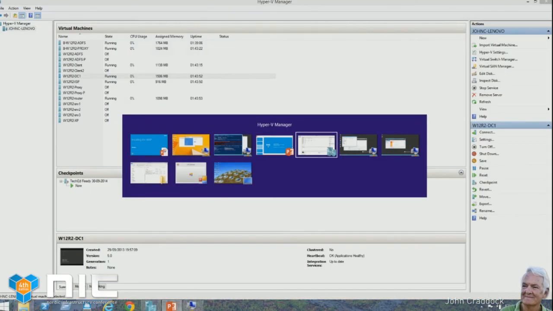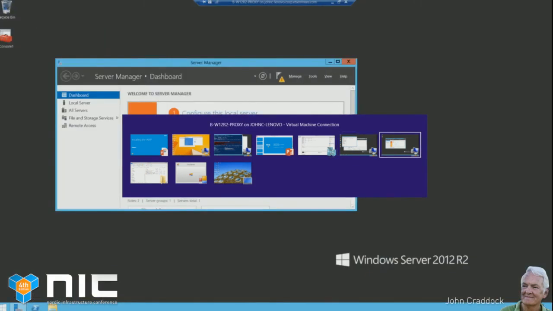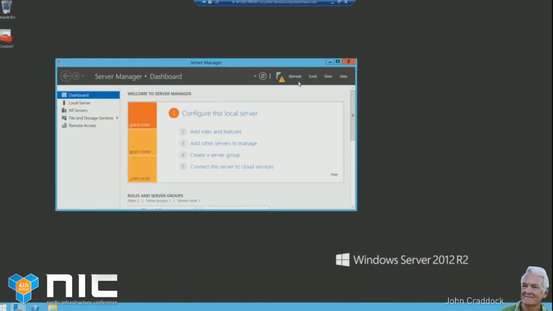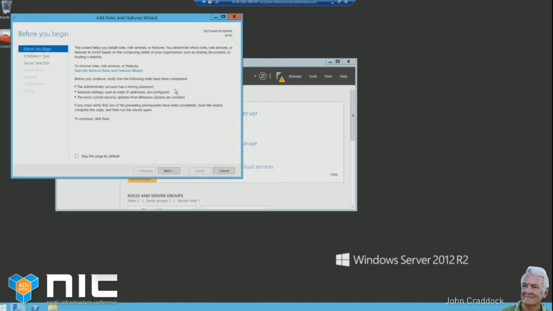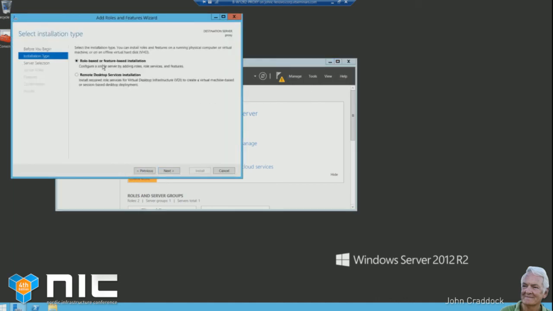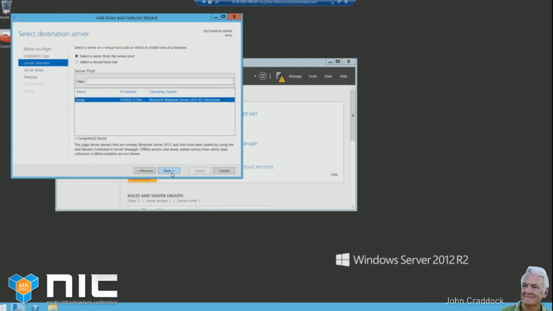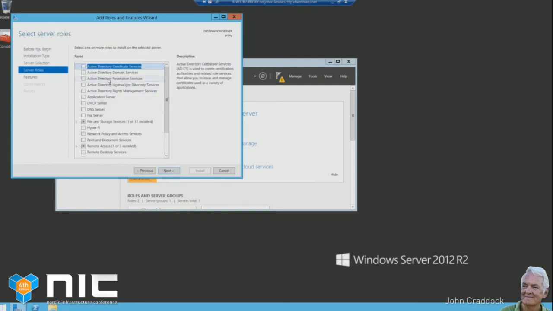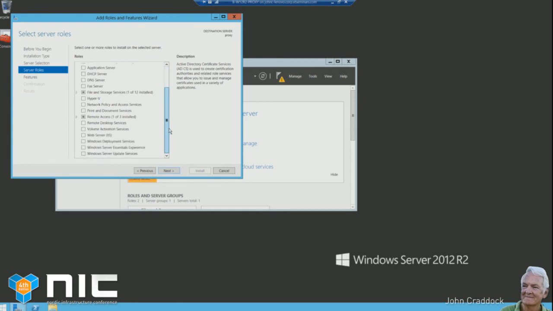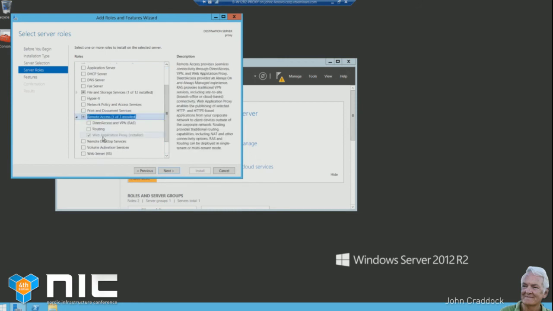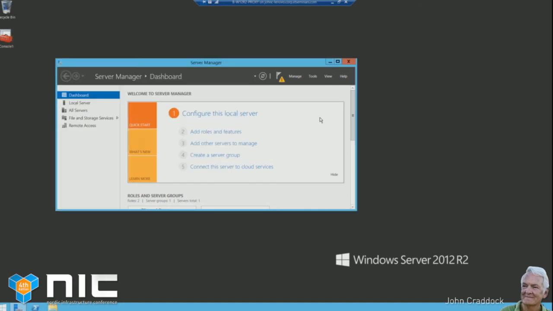Where are we? We've got to find the thing first. Does that look like a proxy? Yes, it does. Okay, so in terms of where we do add roles and features, if we come down here and you look for it, it's not Federation Services, and you think, where on earth is it? It's Remote Access. So that's where you put it in, okay? So it goes in under there, and then you have the